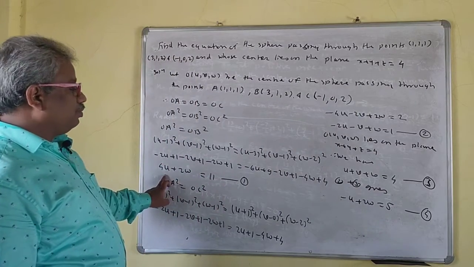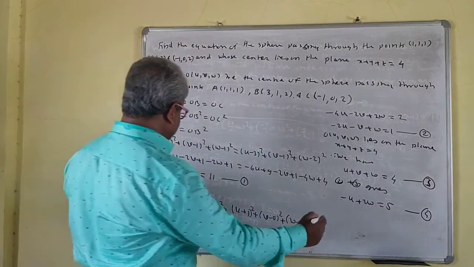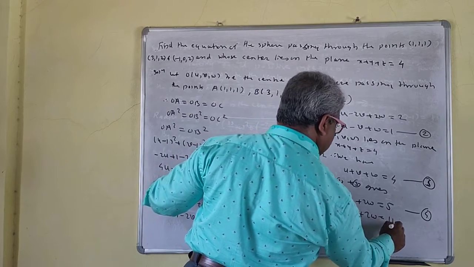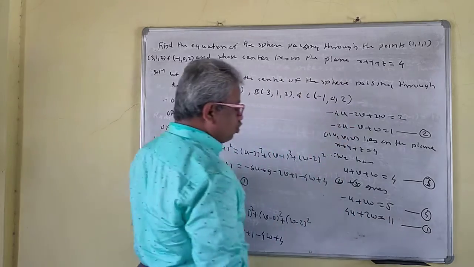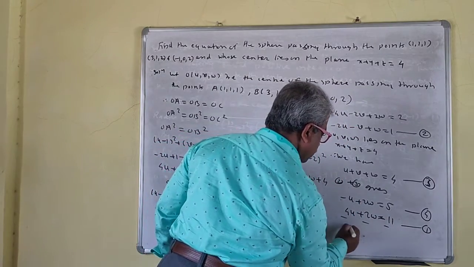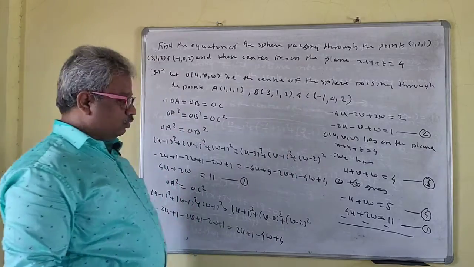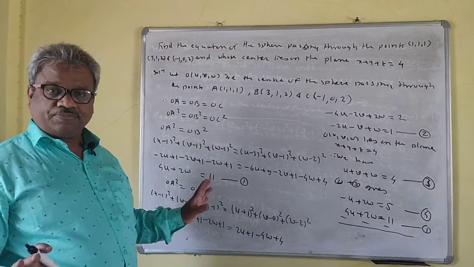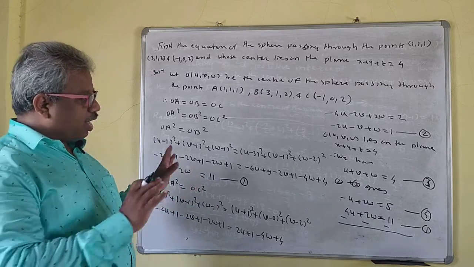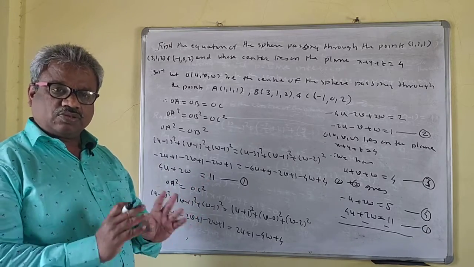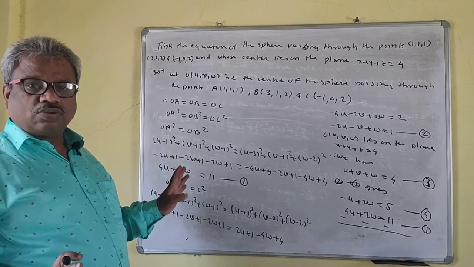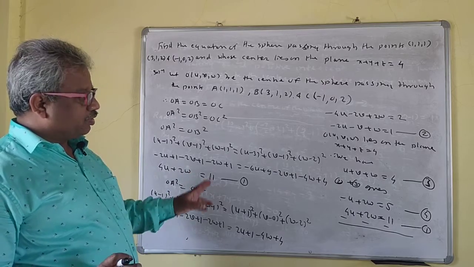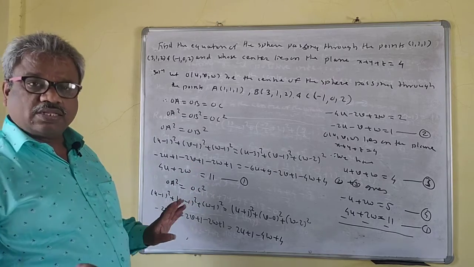Okay. Now this is here. So now this I will write just one here now. 4U plus twice W is equal to 1. This is 1 now. So I will subtract this, because the coefficient of W is same now. So now here the method is unimportant. We want only the value of UVW. You can solve this 1, 2, 3 by the matrix method, Cramer's rule, or whatever method is known to you. With that method you can find the solution of this equation 1, 2, 3. So the method is unimportant here.